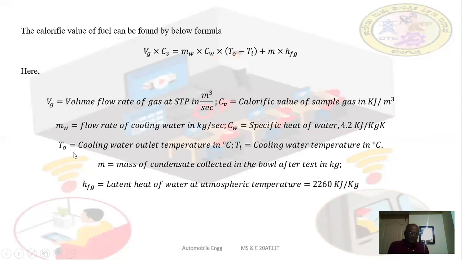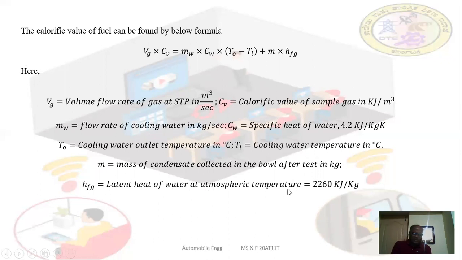T1 is the cooling water temperature at the inlet. T2 is the cooling water temperature at the outlet in degree centigrade. m is the mass of condensate collected in the bowl of the test in kg. Then h_fg is the latent heat of the water